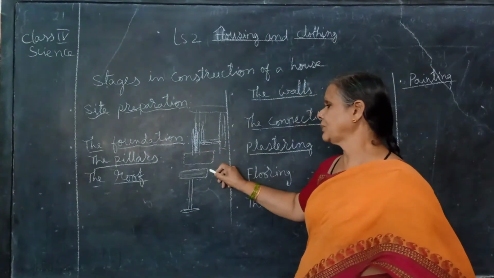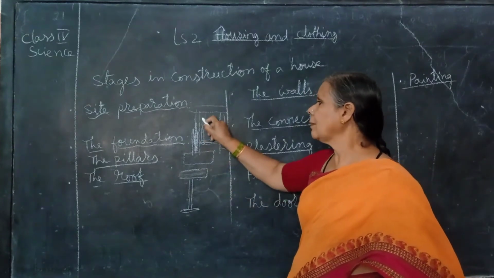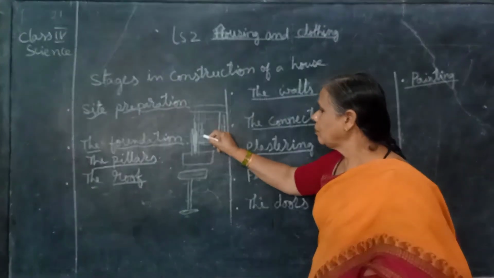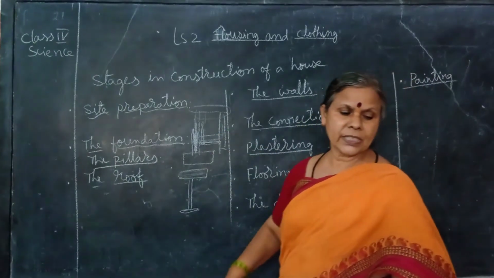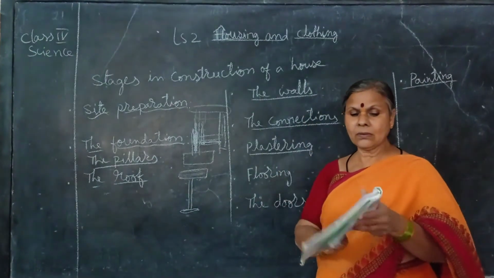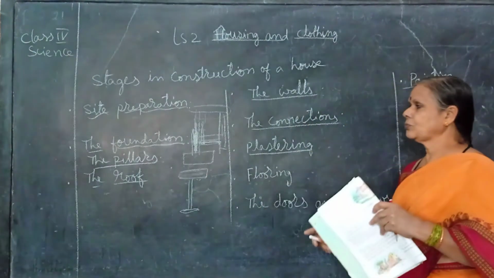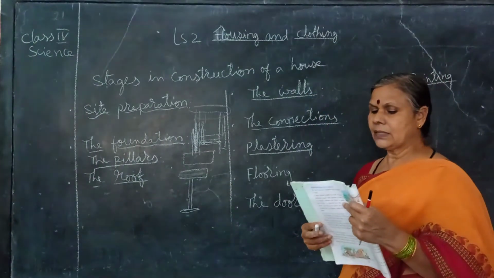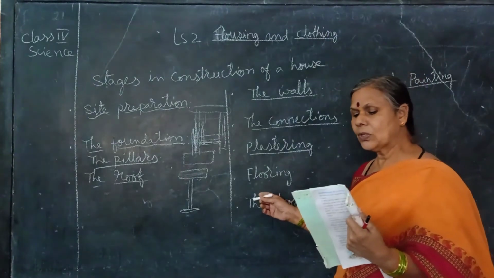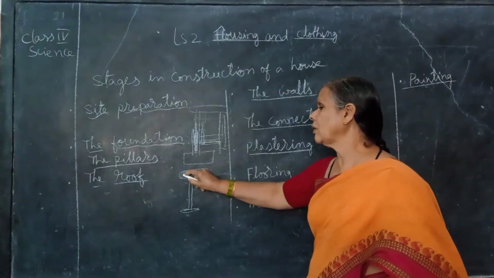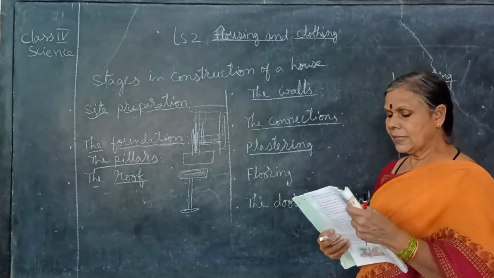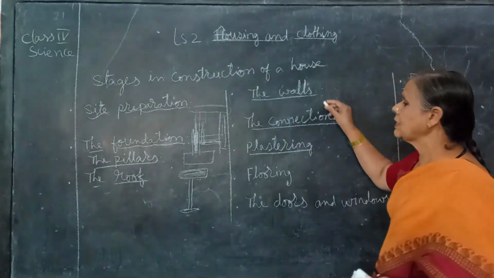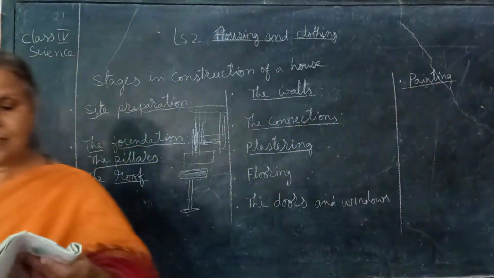Then roofs are built on that. On the pillars, the roof is built. After that, the walls. In between these pillars, the walls are constructed. Just now you have seen the walls are constructed. Then the roof. You can see the roof. Next, frames of steel rods are there where concrete is poured on the frames. Then next step is the laying of bricks. Next step is what? Laying of bricks. You can see here in this.